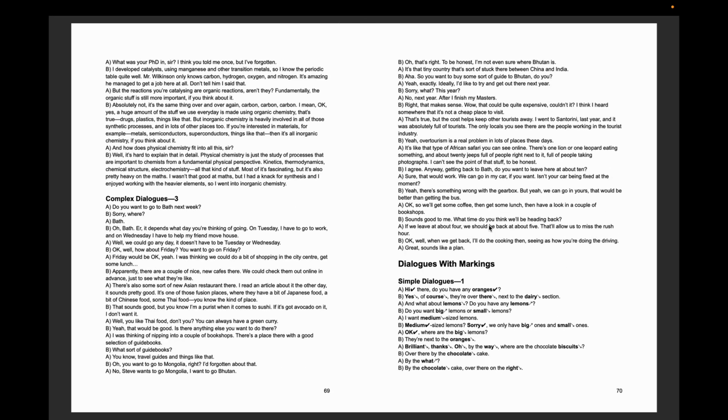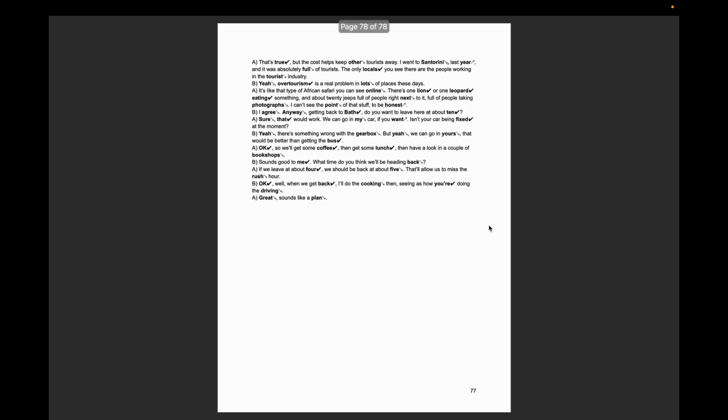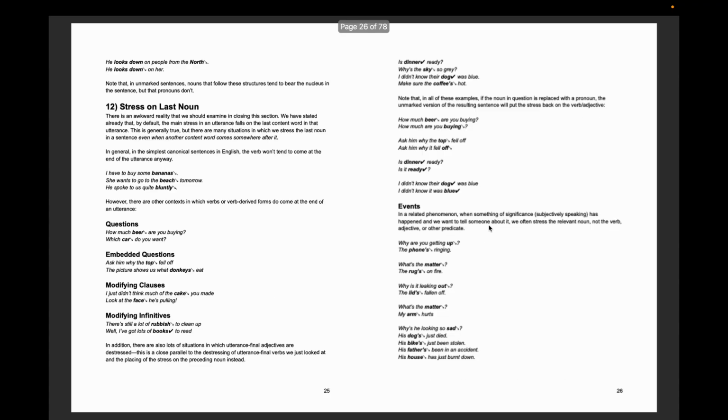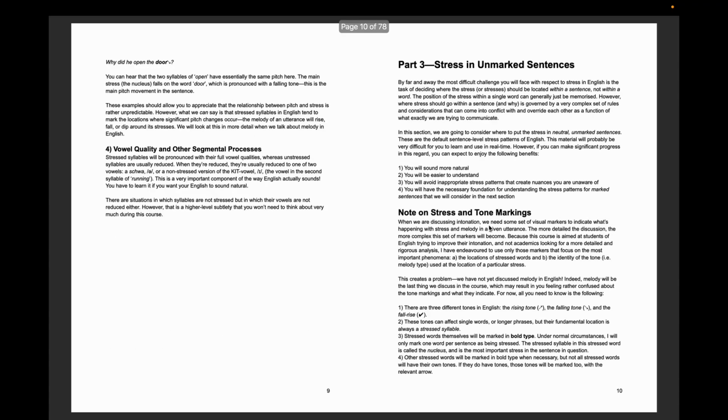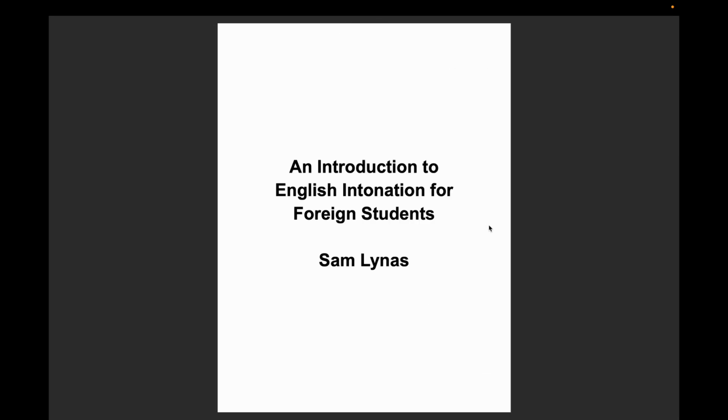And then we come through to another copy, if you like, of each dialogue, where I've put in my version of each sentence. And also in the audio files you will hear me reading all of this stuff out, and that will allow you to actually hear the intonation patterns in use. So you can see that it's really quite a substantial course, quite a substantial document, and if you can master even half of what is in this, then I do think that it'll make a huge difference to the quality and the expressiveness and the authenticity of your English.